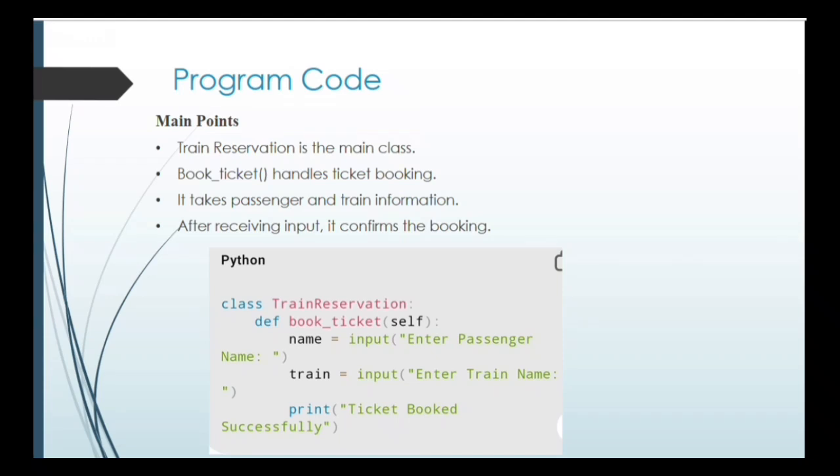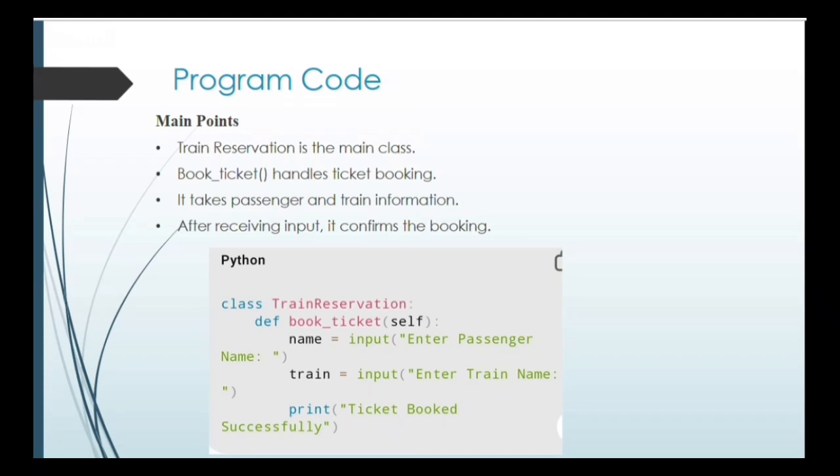When the user runs the program, it asks for input. First, it takes the passenger's name and stores it in a variable. Then it asks for the train name and stores that as well. After collecting both inputs, the program displays a confirmation message, ticket booked successfully. This shows a simple flow of a reservation system where user input is taken and a response is given after processing. Although this is a basic variant, it helps us understand how classes, functions, and input-output work together in a